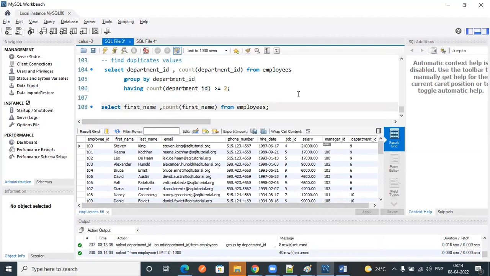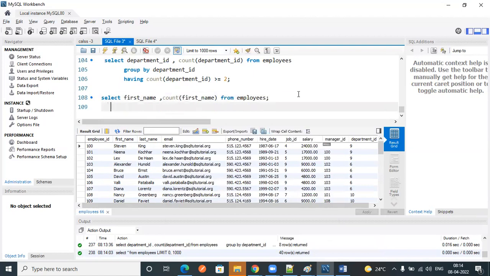Next, group by. Based on what do we need to group it? We need to group it based on first name. If you try to execute only this one,